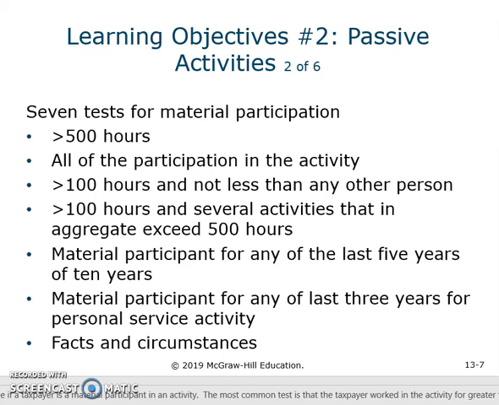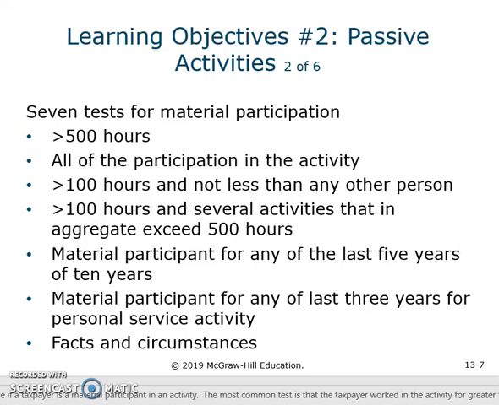So the 7 tests are that the taxpayer participates for more than 500 hours, has all of the participation in the activity, participates for more than 100 hours and not less than any other person, or participates for more than 100 hours and several activities that in combination exceed 500 hours, or is a material participant for any of the last 5 out of the 10 years,